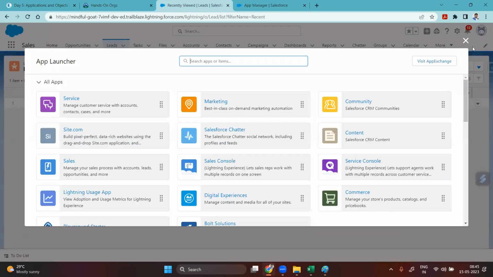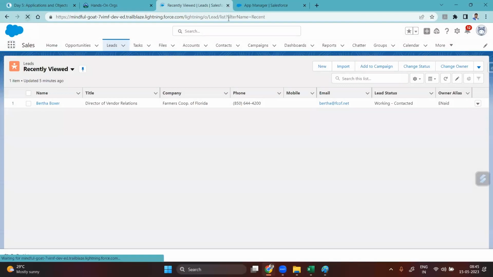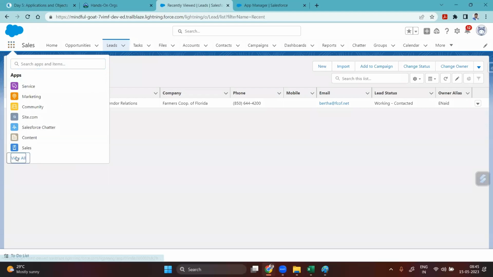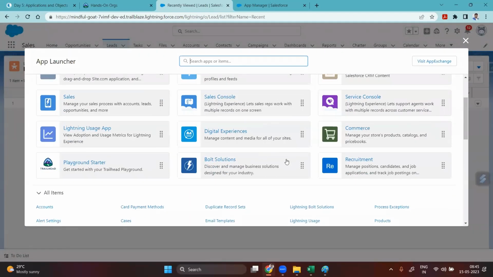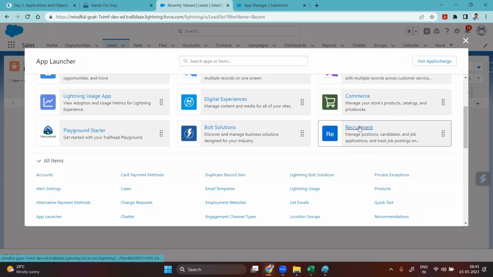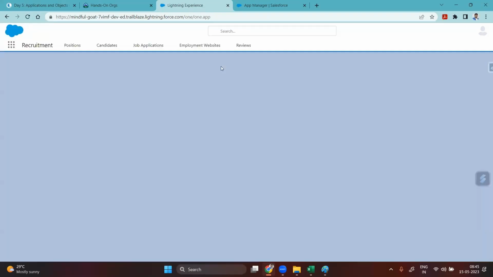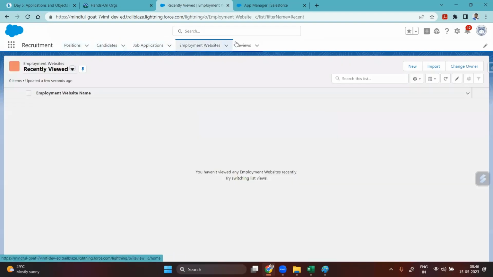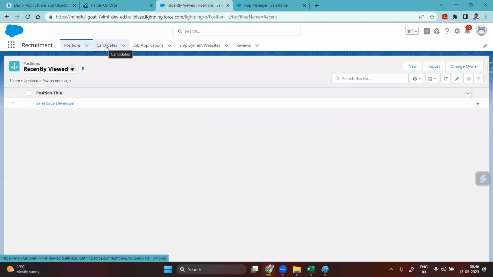Let's go to our UI front end and see how that looks. If I go to the app launcher and click on view all, this is where I can see this Recruitment app. See, this came in. If I click on that Recruitment, it will take me to the Recruitment application where I have positions, candidates, job applications, employment websites, and reviews. How simple is it? We can create applications this